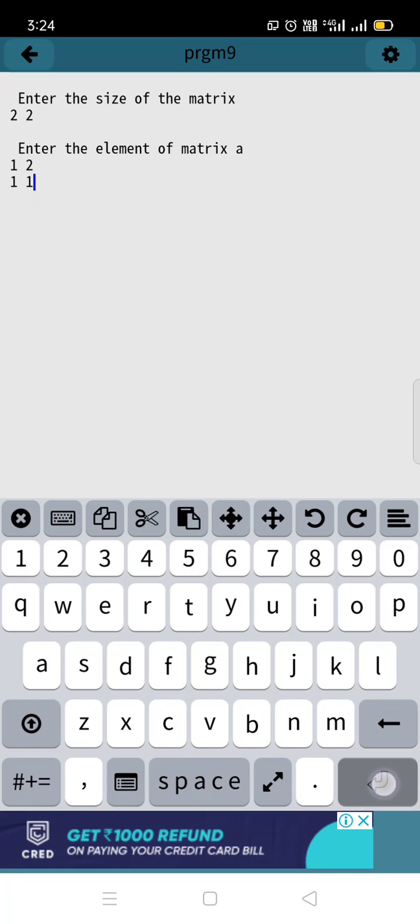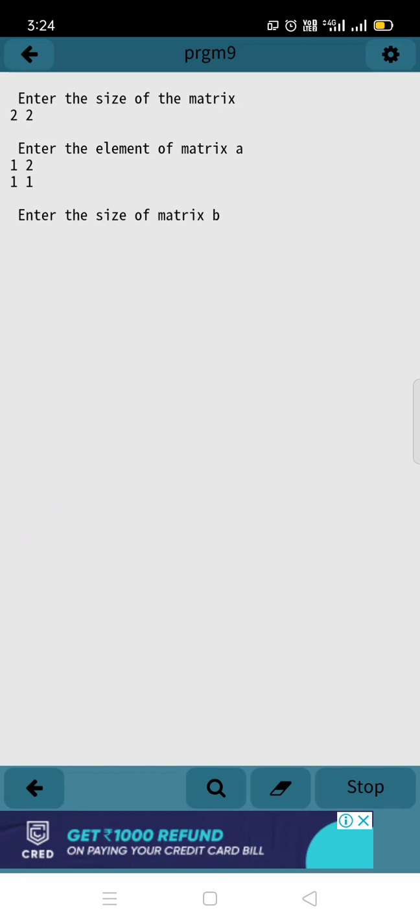I'll press enter again. You can see, enter the size of the matrix B. Whatever matrix size you enter, it will first check the condition, as I already explained in the program. If it is correct, then only the multiplication process continues, otherwise it will display that the multiplication is not possible.